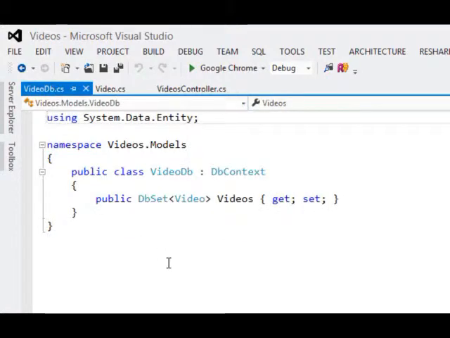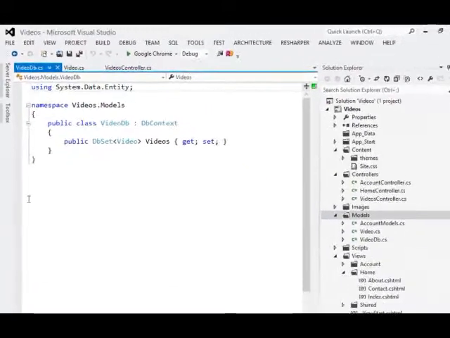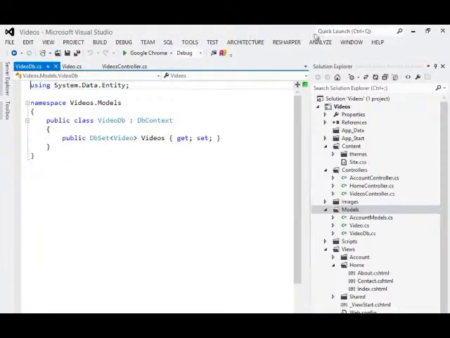We're going to keep this very simple to start with. And I've also created a video DB. This derives from the Entity Framework's DB context. I've included a DB set of video, and this is everything we need to get started with the Entity Framework in version 5. This is the code-first approach to creating a database. And something else I can do with the Entity Framework version 5 is manage migrations of my database, schema migrations,